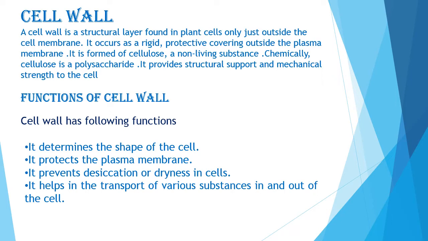The cell wall has to be strong enough so that it can resist this expansion and so enables the cell to become turgid. It provides mechanical strength to support the cell. The cellulose microfibrils are very strong. The strength may be further increased by the addition of lignin in tissues such as xylem. It is freely permeable to water and substances in solution. Therefore, it allows various substances in and out of the cell.